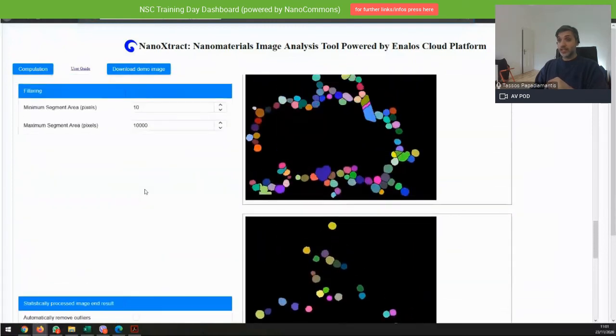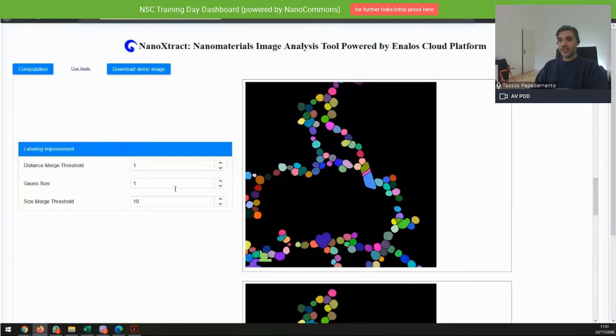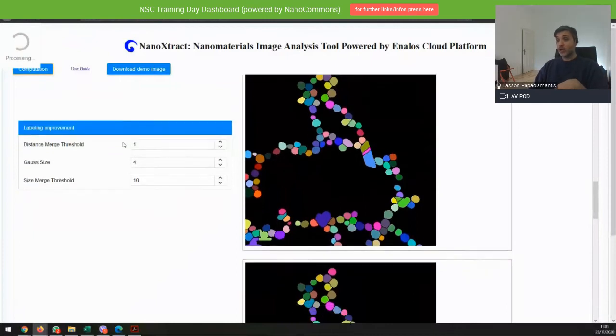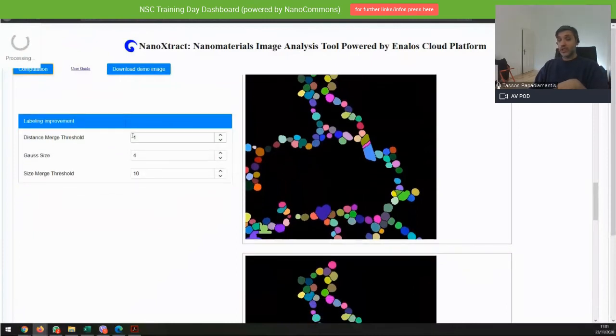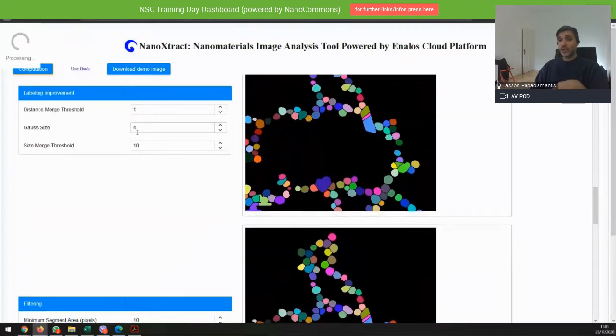Now, let's play a bit. As I told you, if we change the Gaussian size, it will lead to less splitting. So keep an eye on this image. If we run it again by increasing the Gaussian size, then when it finishes,